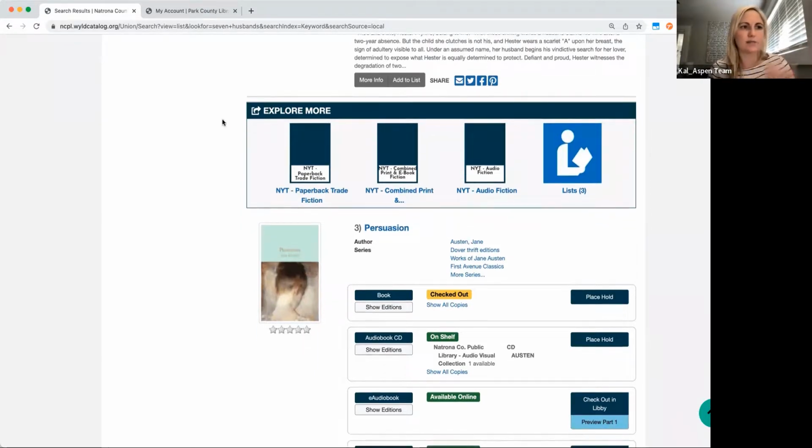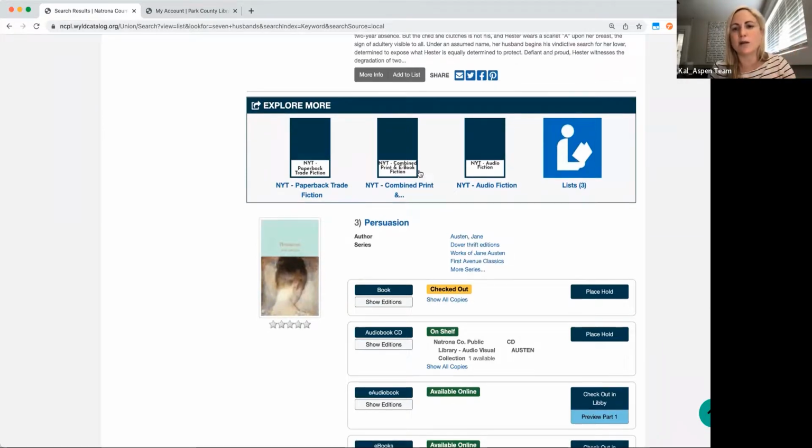In this case, I'm going to start talking about lists a little bit. It's showing me a New York Times paperback trade fiction list, a combined print and ebook fiction list, an audiobook fiction list, and I can also click here to get more information in general about lists.